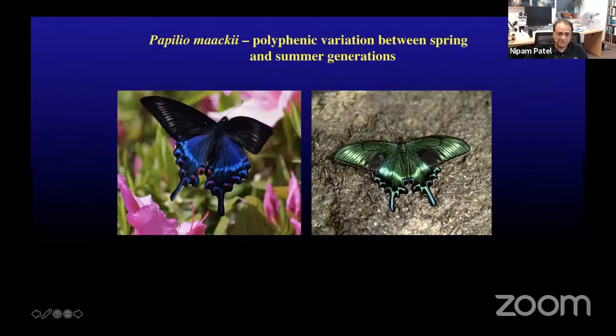In addition, there's polyphenism. The adult butterflies don't change the color of their scales, but there's an example here, Papilio maackii, which has 2 generations a year. The summer generation has this bluish color, and the spring generation has this greenish color. This is dependent on the temperature and day-night length that they perceive as larvae. Then when they come out as adults, they can be different colors because of this. So there can be this environmentally sensitive input as well.